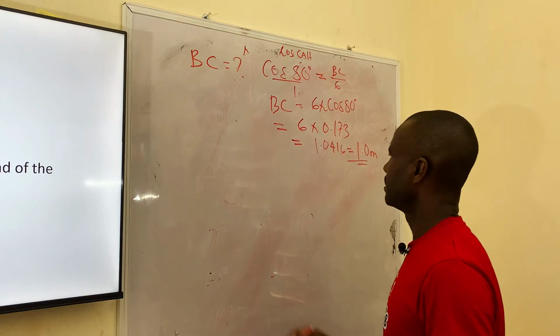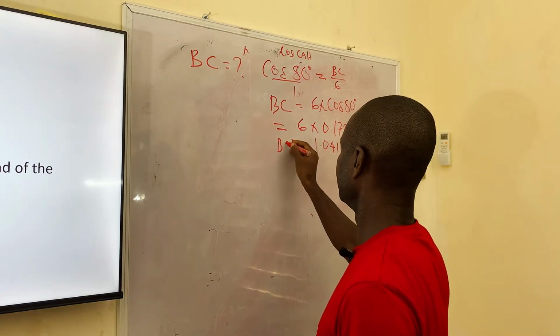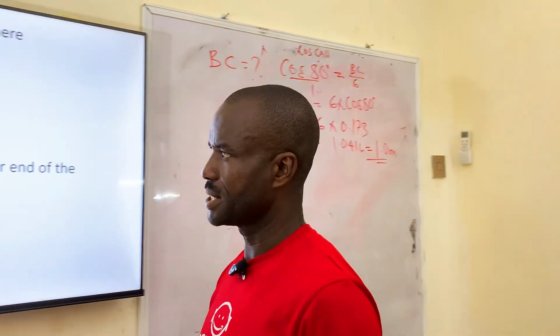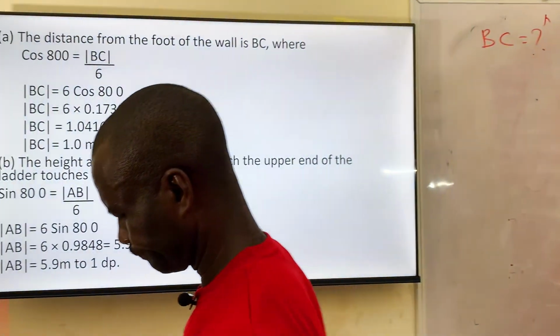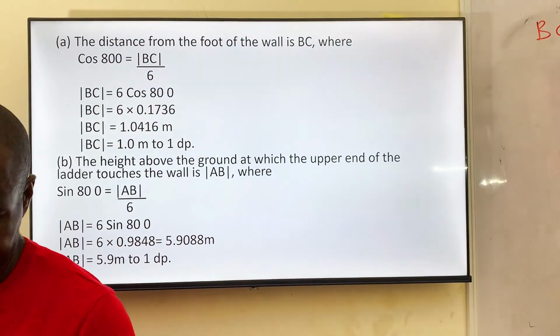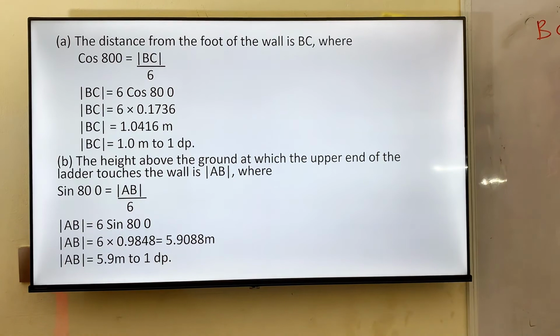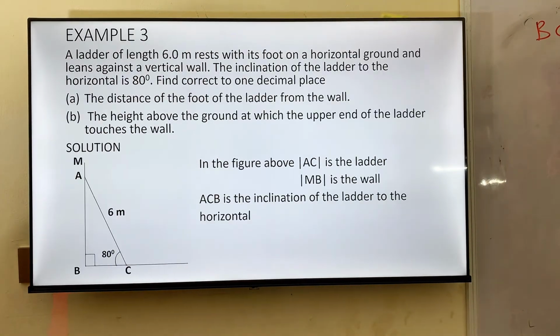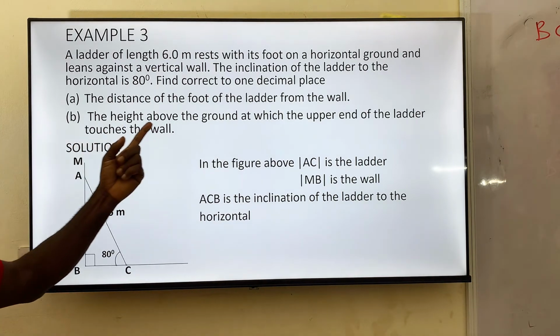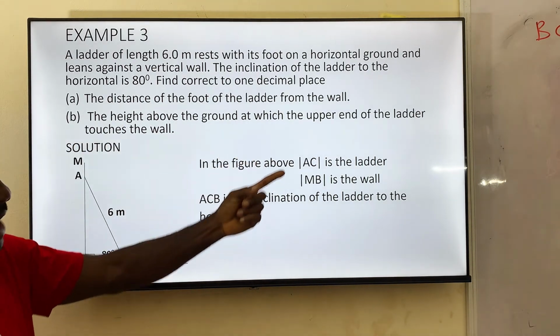Answer giving us BC. BC is 1 meter. So the side BC is 1 meter. So let's calculate the other side, which says the height above the ground at which the upper